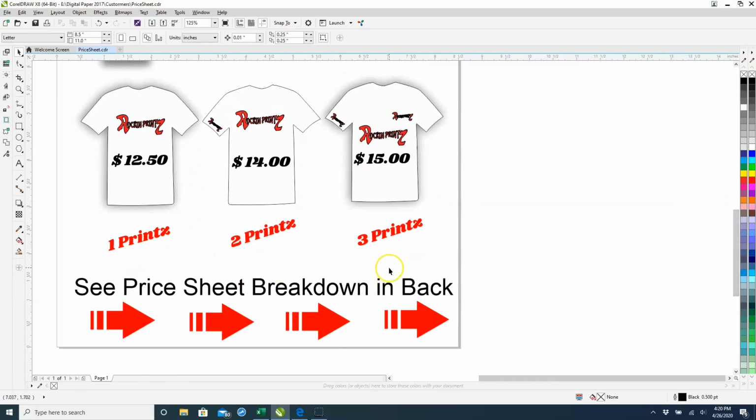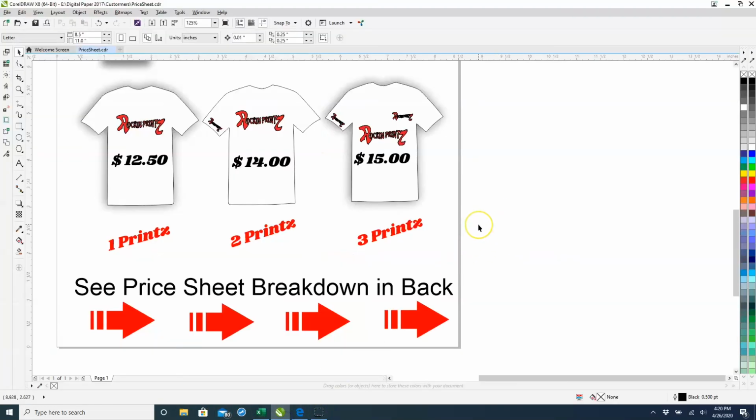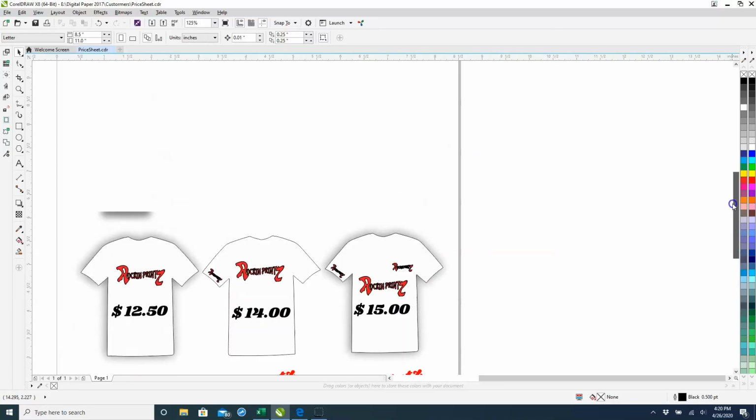So if they want to get into more detail on the shirt, then they can see the back pricing sheet for the breakdown, and that will include this, where all my options are. So that's what I'm going to use to send out to the customers, with the pricing sheet in the back, and this is what they can go off of. All right,